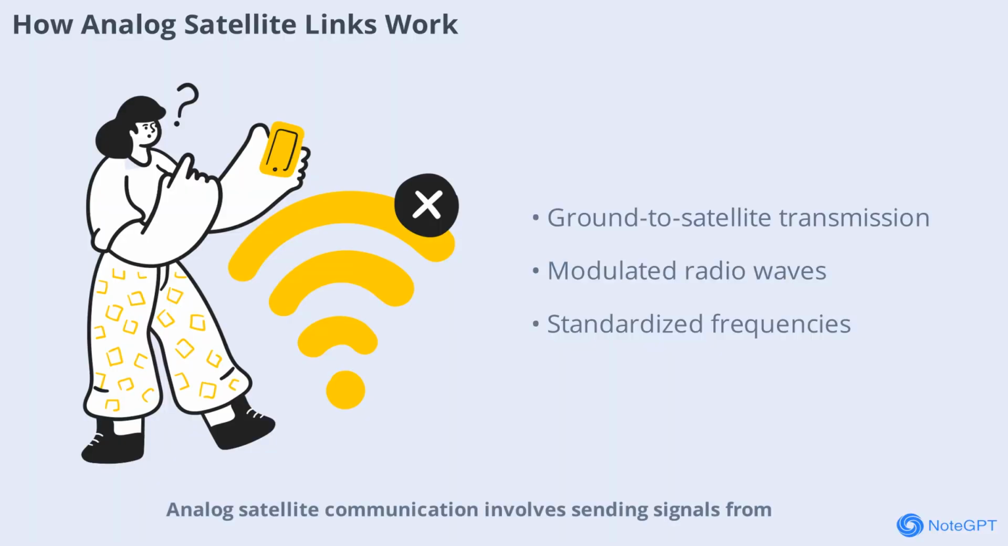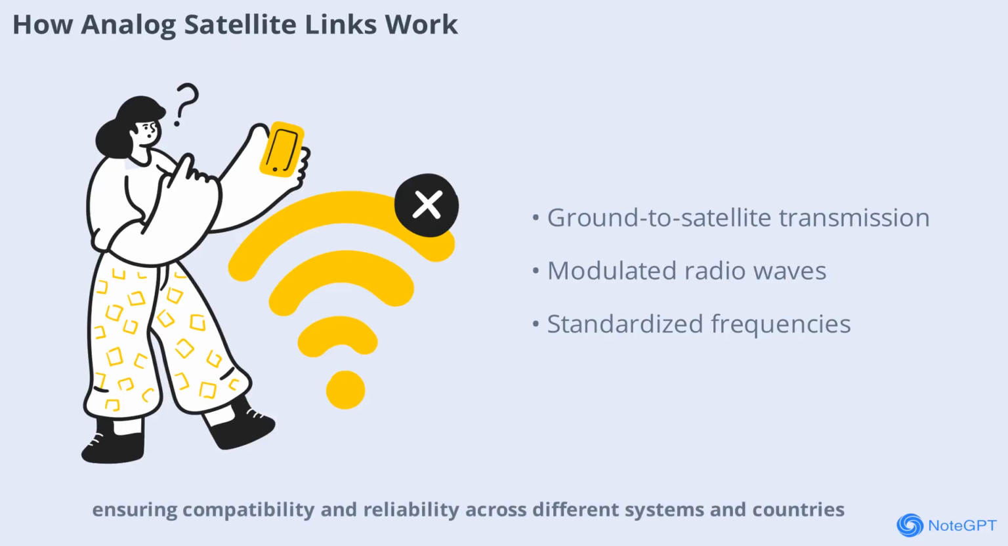Analog satellite communication involves sending signals from a ground station to a satellite in orbit, which then relays the signal to another ground station. These signals are typically modulated radio waves, carrying voice, video, or data. The process requires precise alignment and timing to ensure the signal reaches its destination without interference. Standards for analog satellite links specify the frequencies, modulation methods, and error correction techniques used, ensuring compatibility and reliability across